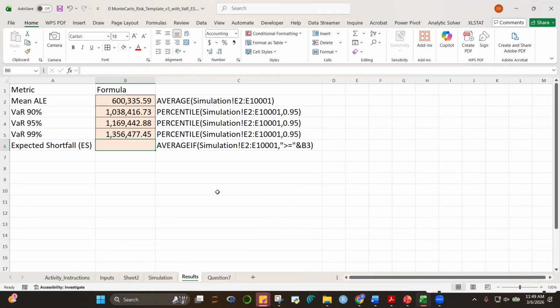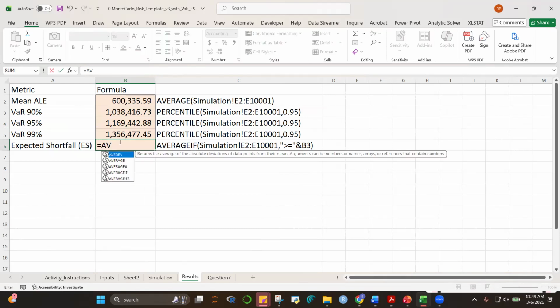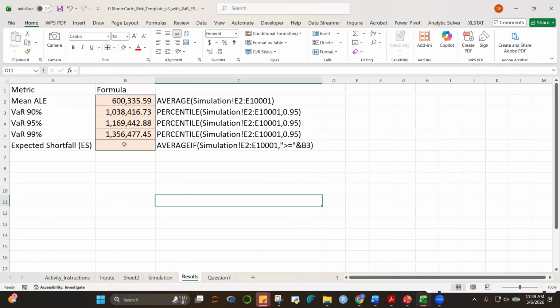Okay, so when we now get the expected shortfall, we're just getting the average of your ALE, which is greater than or equal to whatever your VAR is. Okay, so let's do that. Is equal to average. Okay, and then our data is, let's just copy because I won't. This is the advantage of having a name to your range of cells. Okay, I'll just copy this.